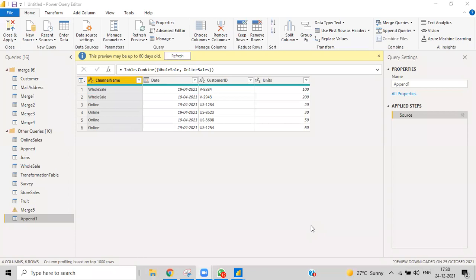So union is nothing but adding rows between two tables. Say the first table has two rows and the second table has four rows. Then obviously the condition is met. The condition means all the column names should be the same. If we have an extra column, that is not an issue, but all the existing column names should be equal and the data types should be equal. That's it. If it is like that, then we can make a union.